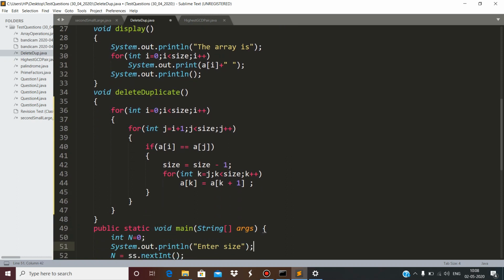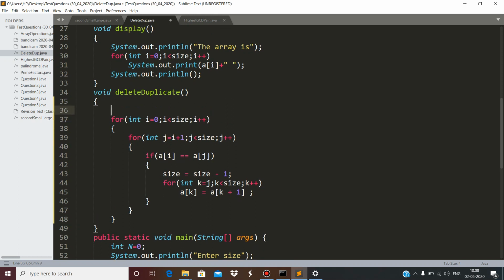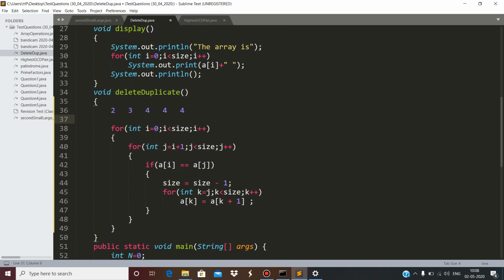Now children, one more thing I would like to tell you. If these are the elements and these are the index numbers, here we have decreased the logical size of the array.